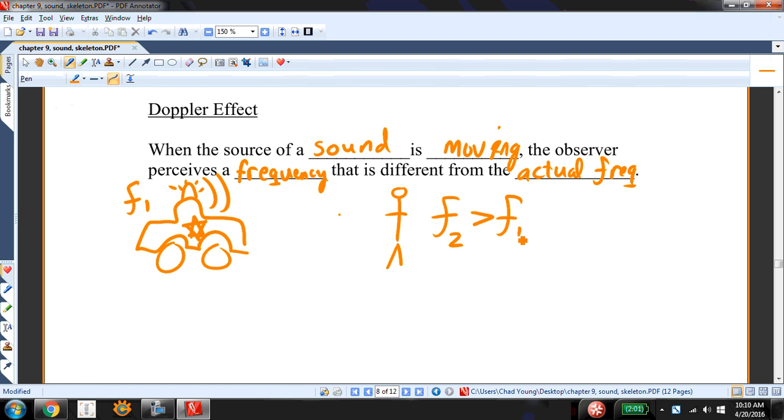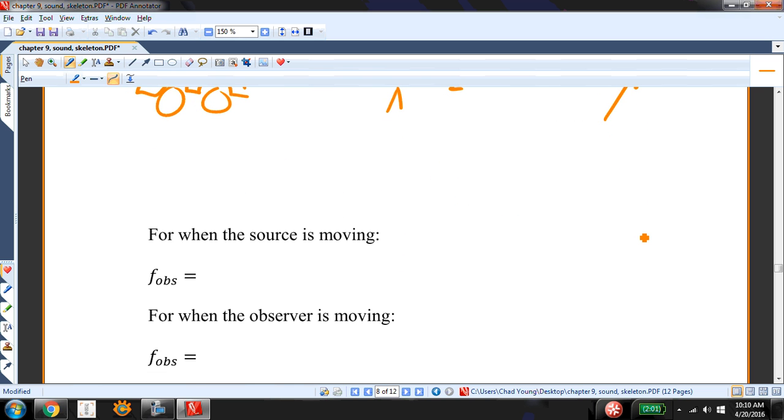You can really experience this coming towards you and then moving away from you. Or if you want to hear a train whistle, you can click a little link here. I'll have a train where you can hear the Doppler shift of the train as it comes towards you. Likewise, if the car is moving away from you, then it will have a lower pitch or a lower frequency than its actual. Now, for when the source is moving, which is the most common case